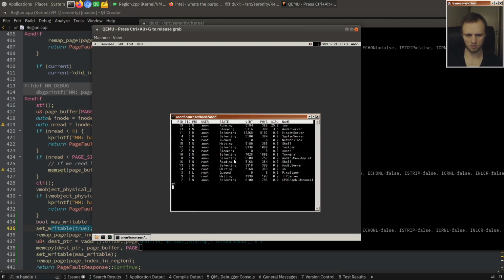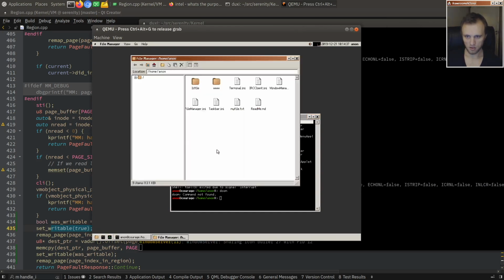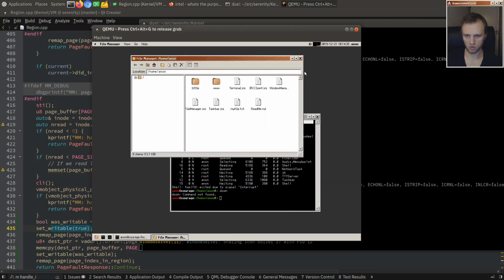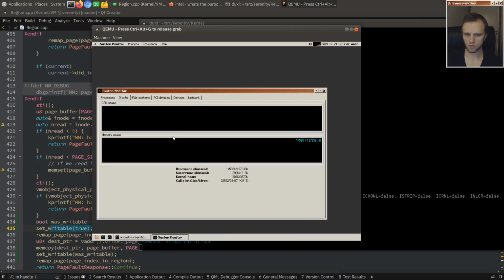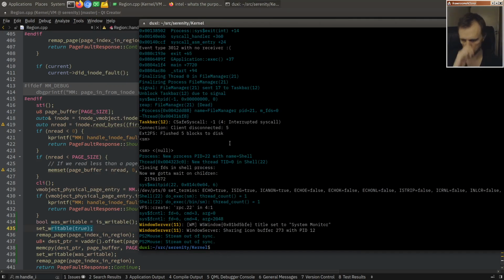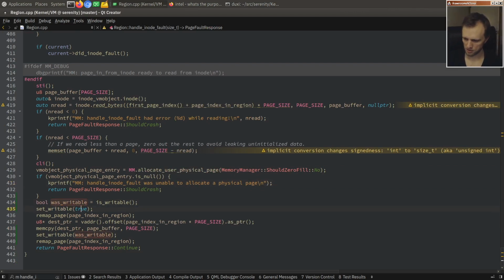Can we do some stuff? Can we run Doom? I don't have Doom. Okay. Seems like we're able to actually run and do stuff. So I hate this code now. This is super ugly